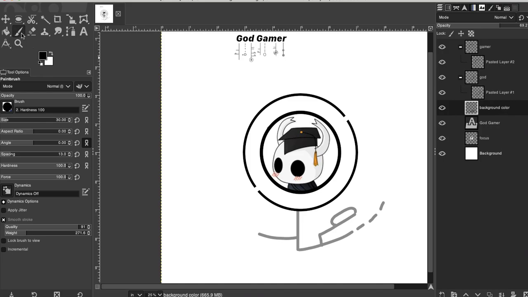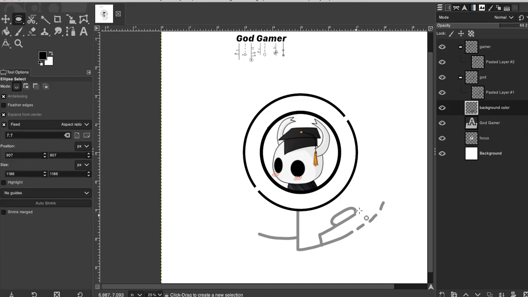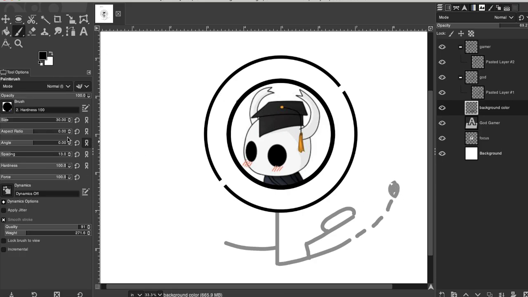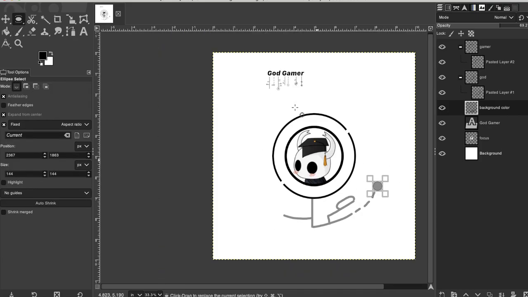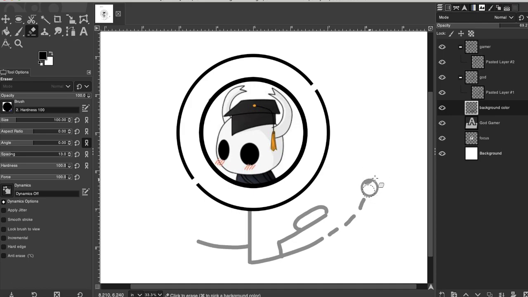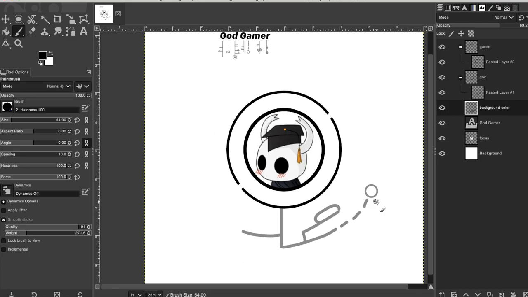And an O is... I shouldn't have done that. Let me go back to my 30 pixel brush. There. Okay, I'm going to use my elliptical select tool to make the O. No, I'm getting the bigger brush. And an O is hollowed out with 1 spore. Okay. Let me shrink my brush down again. Okay. So there we have